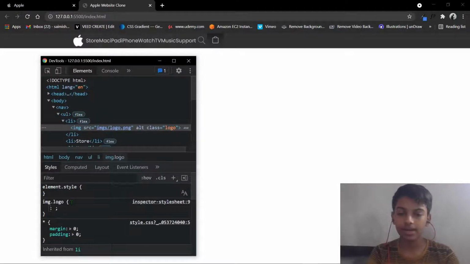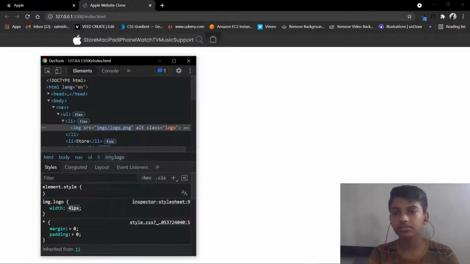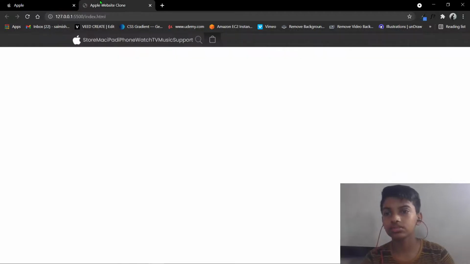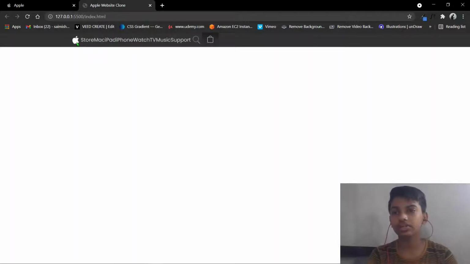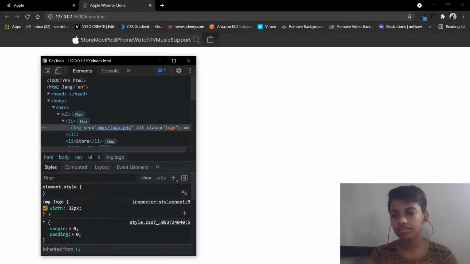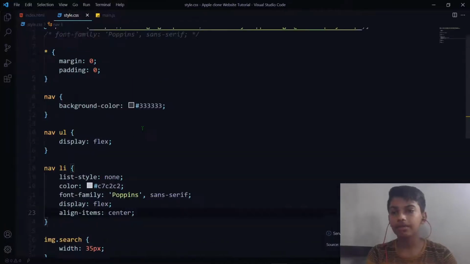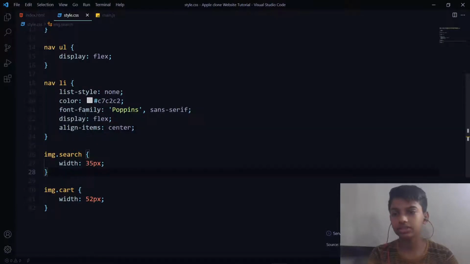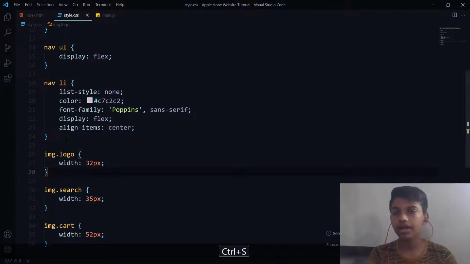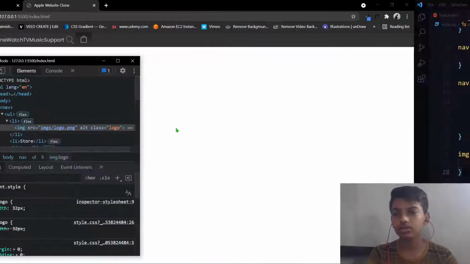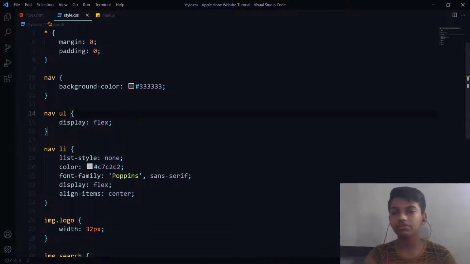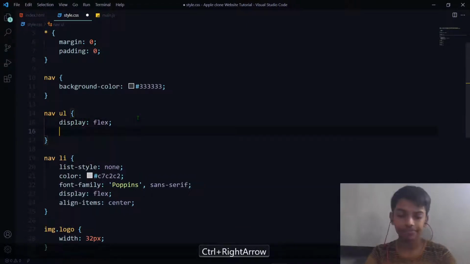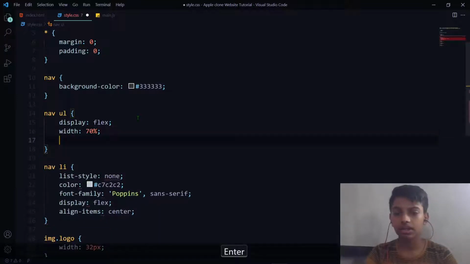Logo, and width, let's say 55 pixel. I'll decrease it. Yeah, this much is good. No, actually it needs to be adjusted a bit more. Yeah, now it is very identical. So I'm going to copy this img.logo and paste it over here after the search, let's say after li. Okay, and I forgot to copy that. Okay, no worries. So in nav ul, what I'll write is width 70% and